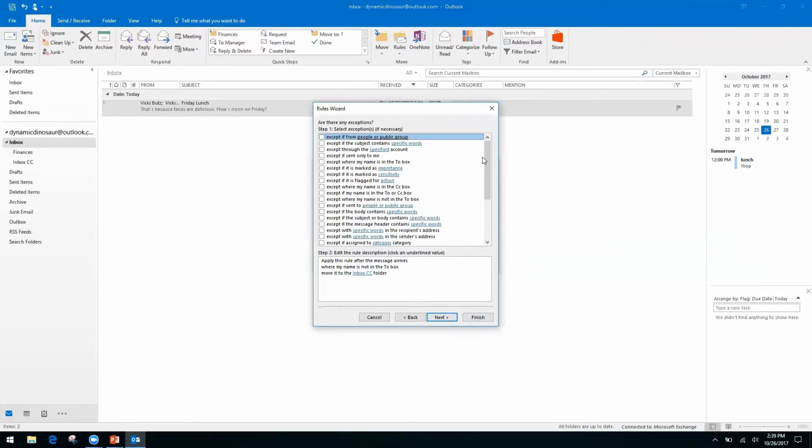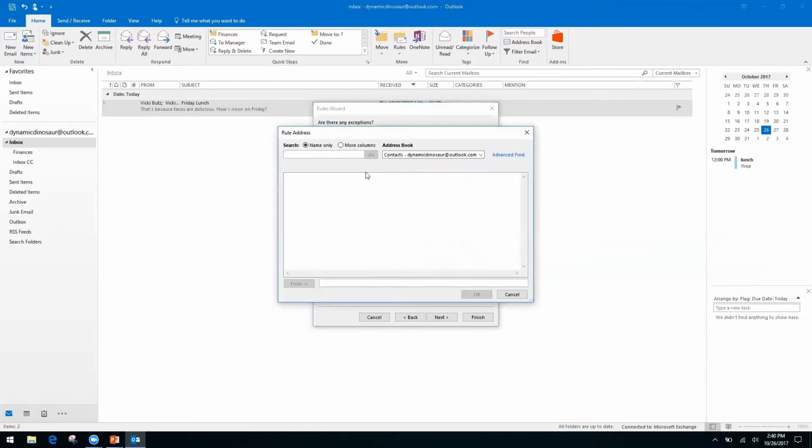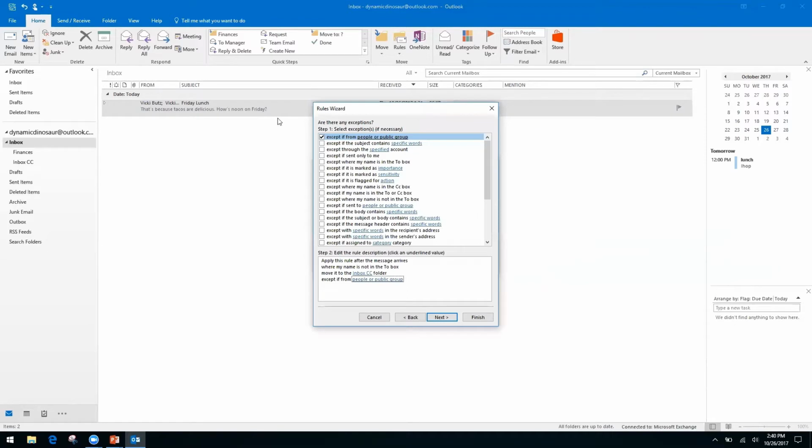Or if you want to make exceptions, let's say that you know there's somebody specific on your team that CCs you on a lot of things, but it is things that you want to see. You can select this box up at the top, come down here and click on that blue link again. You can specify specific people. You can pick them from your address book if you choose. All right, but we are going to just go on